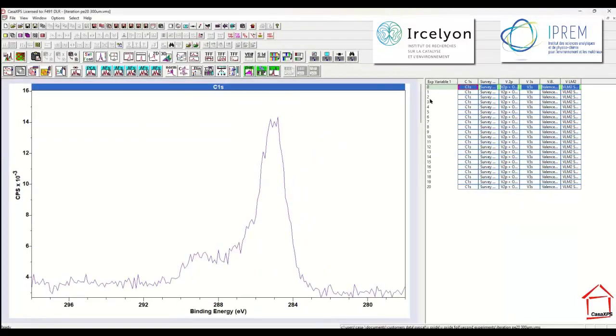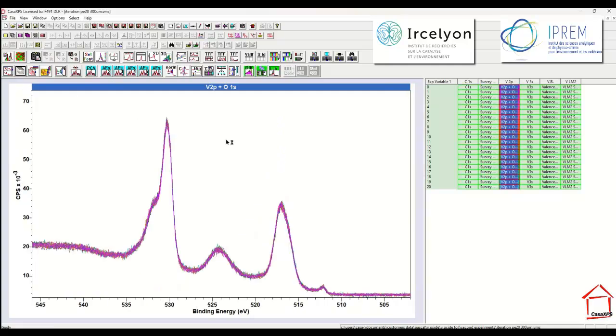So we'll start off by reviewing this data set, and it is a set of spectra that were measured from a vanadium foil. The vanadium foil has oxidized, so there's a native oxide, and there is some contamination in the form of adventitious carbon. So what I would like to do is verify by overlaying in the active tile a